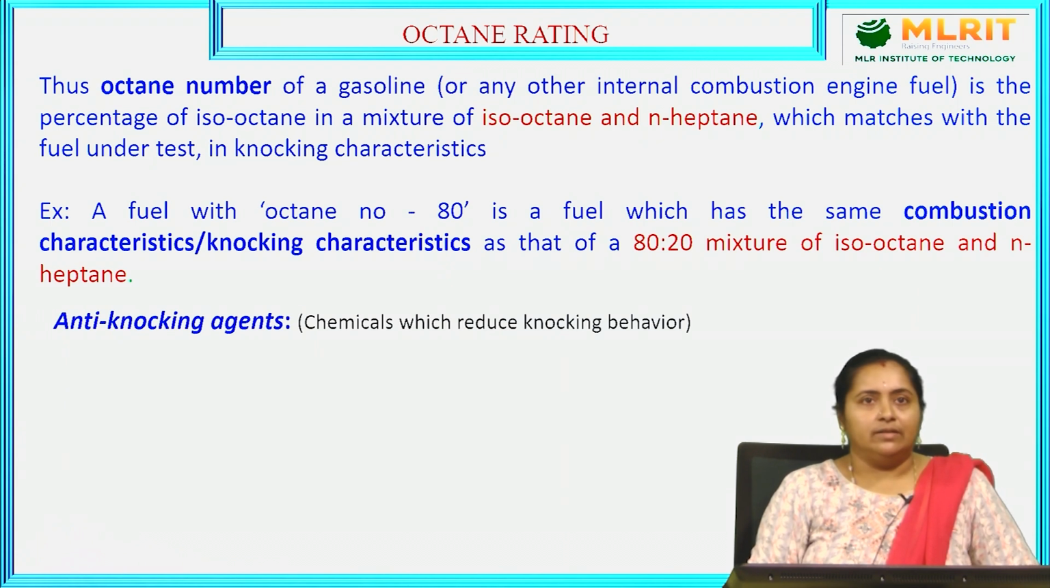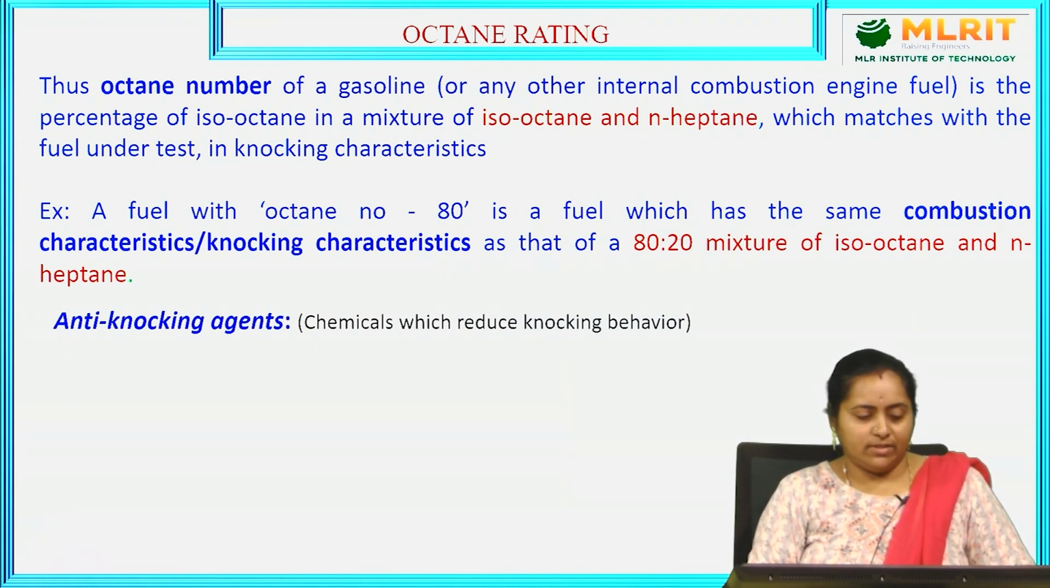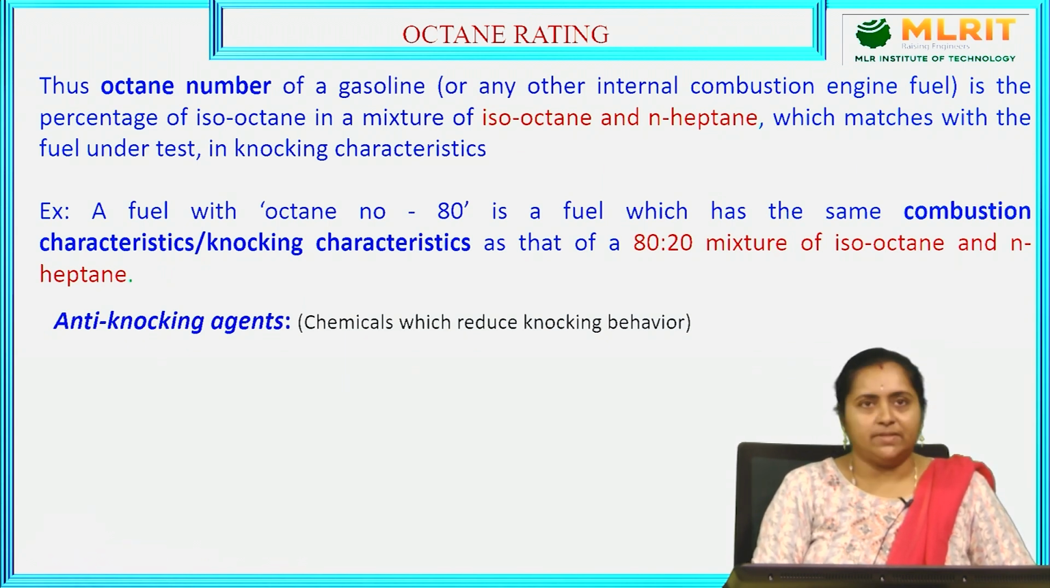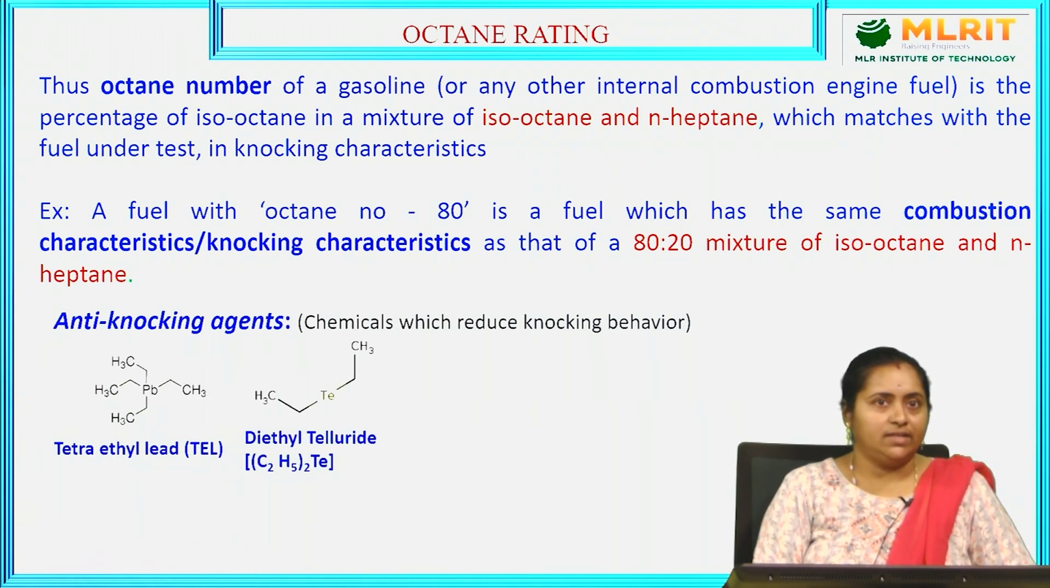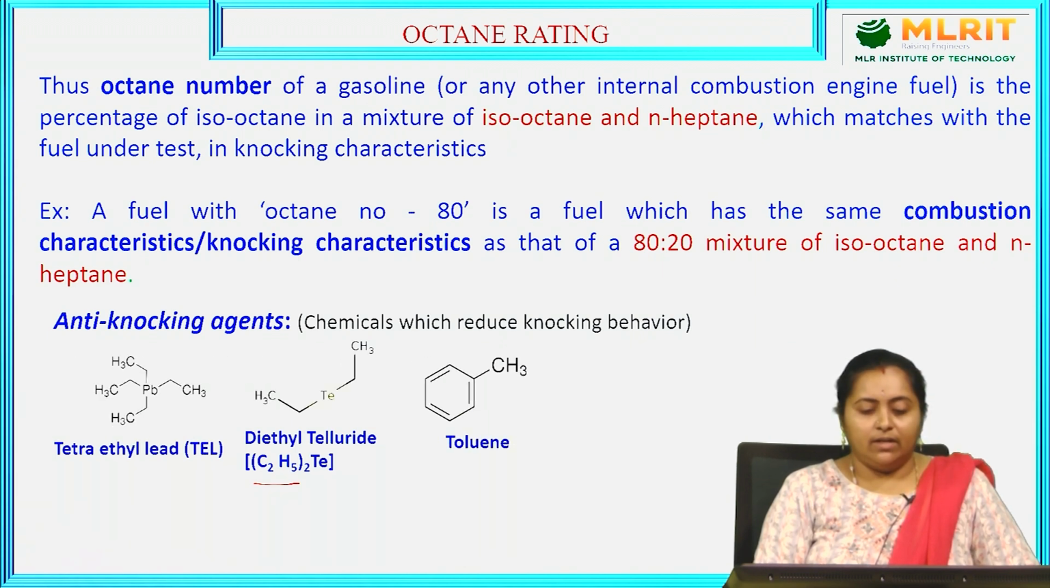These are a few anti-knocking agents listed here, which are able to reduce the knocking behavior of the fuel when added as additives. If they are added in proper proportions, the fuel will have better anti-knocking properties. Let us examine these examples. One is tetraethyl lead, that is TEL, which can be added as an anti-knocking agent, and diethyl telluride. This has the ethyl group C2H5 taken twice, and these two are attached to tellurium. It is diethyl telluride, and then toluene,